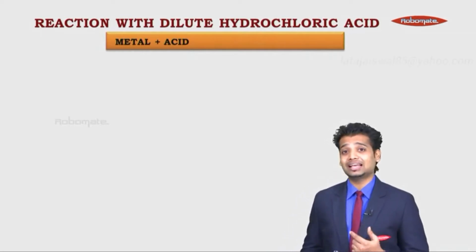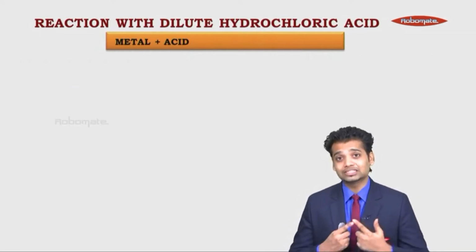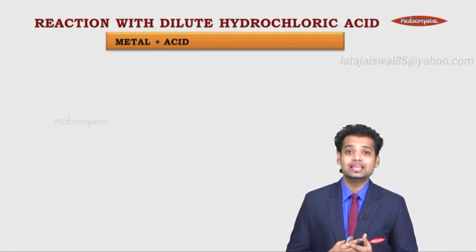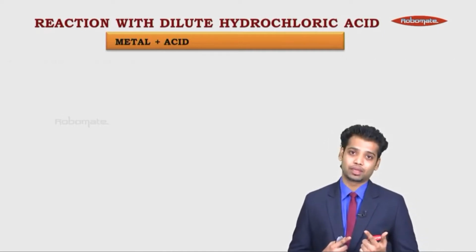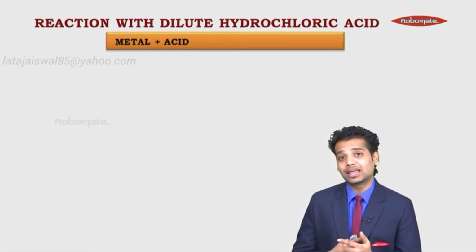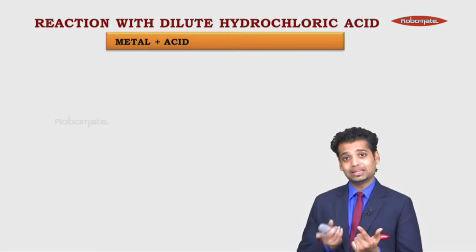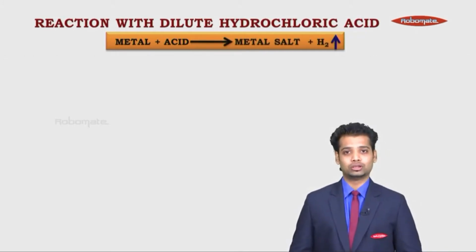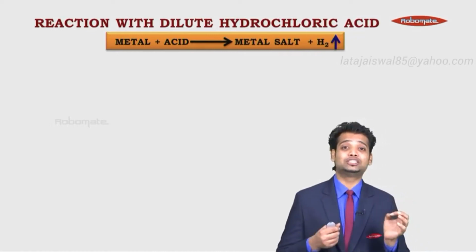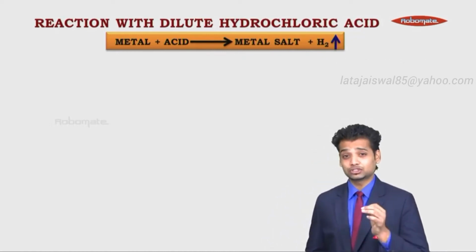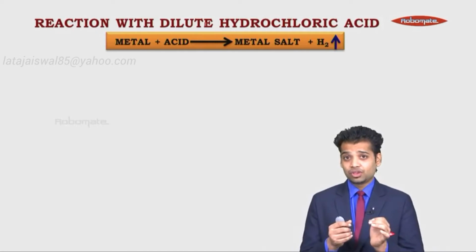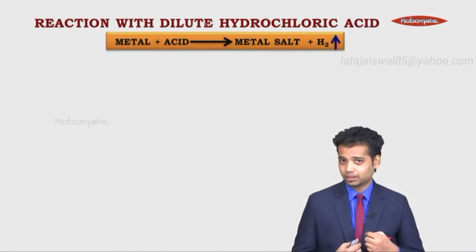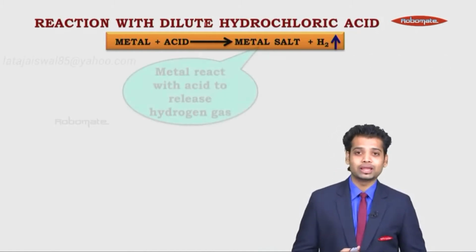Now, what is going to be an acid? An acid always has a H plus ion and a negative anion. For hydrochloric acid, the negative anion is chlorine. So your metal is going to react with chlorine to form metal chloride, which is a metal salt, and what will be given out is H2. Now the reactions are so simple that if you do these reactions with me, you'll be able to solve them faster than me. I promise you all. You can try it. Let's start.